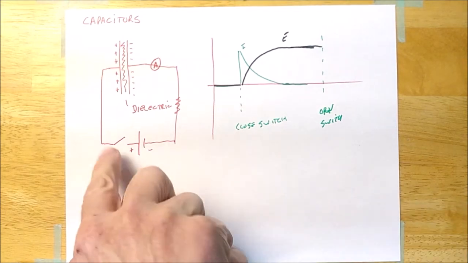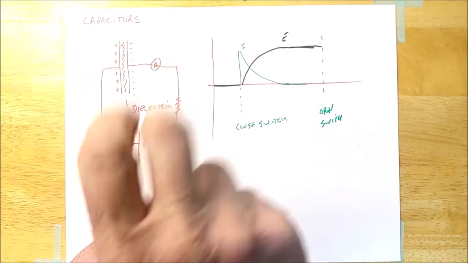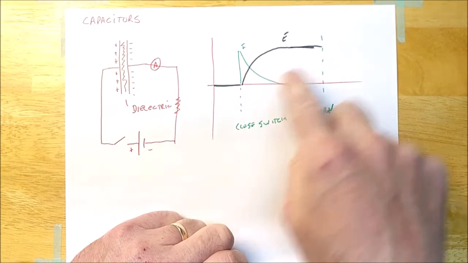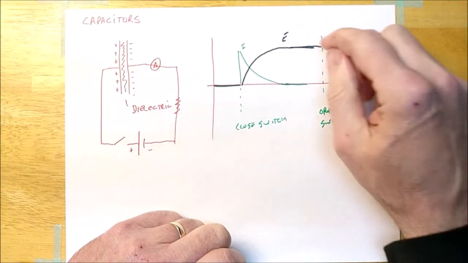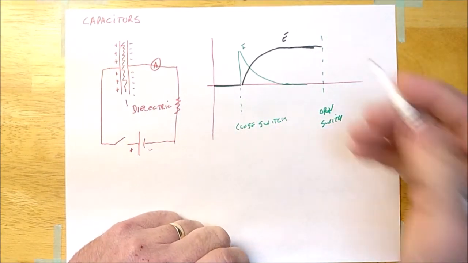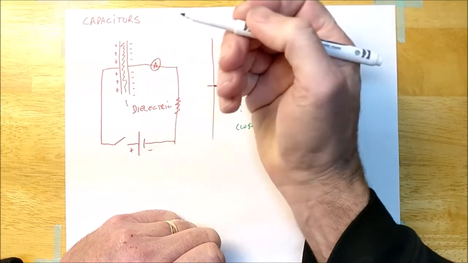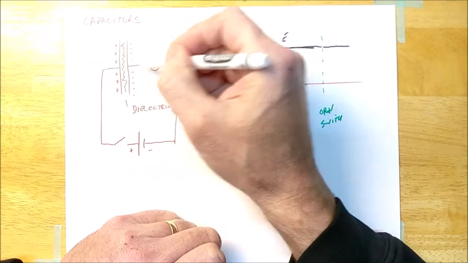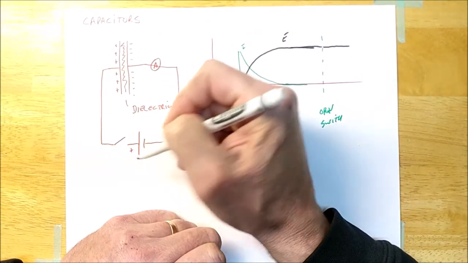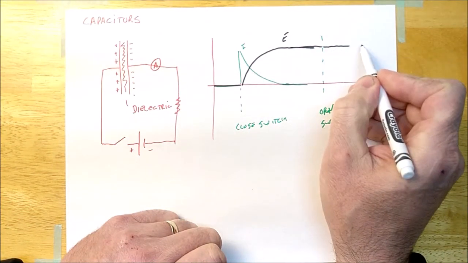If I actually do that, so I close the switch, I've charged the capacitor, it's fully charged now. Now I'm going to sit here and open the switch. What will actually occur is absolutely nothing. All these electrons have made their way over there. All these ones are gone. If I continue to measure the voltage across there, even after opening this switch, the voltage will remain equal to